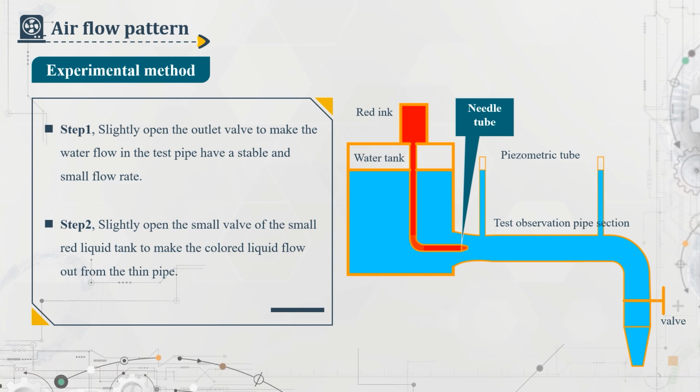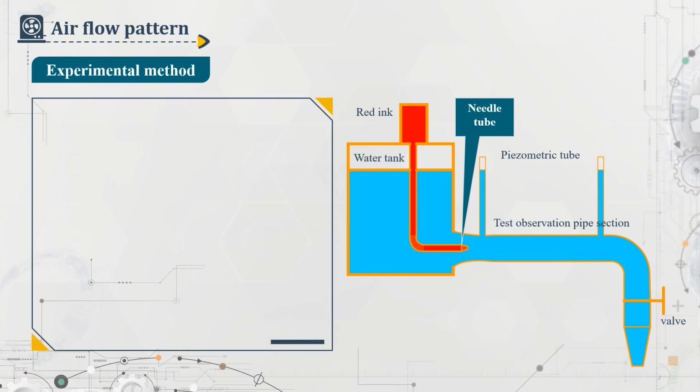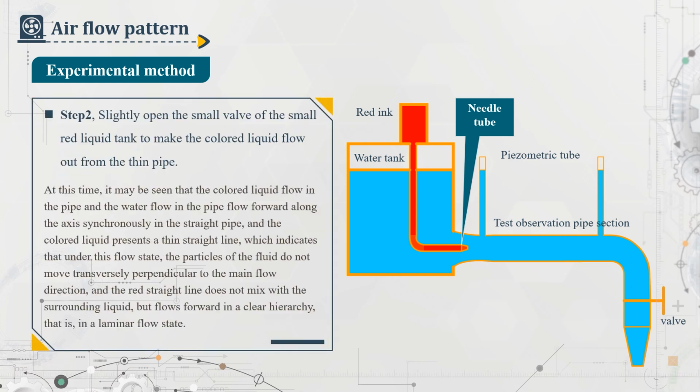Slightly open the small valve of the small red liquid tank to make the colored liquid flow out from the steam pipe. At this time, it may be seen that the colored liquid flow in the pipe and the water flow in the pipe flow forward along the axis, synchronous in the straight pipe,